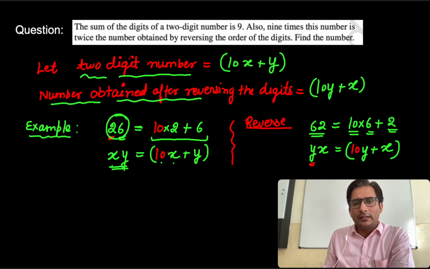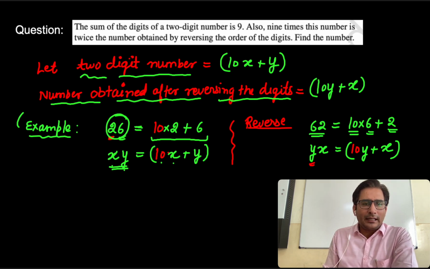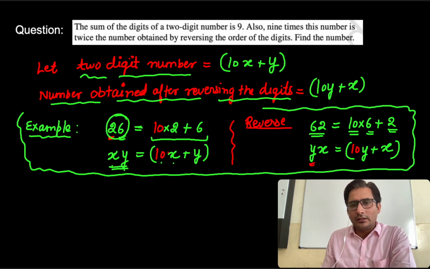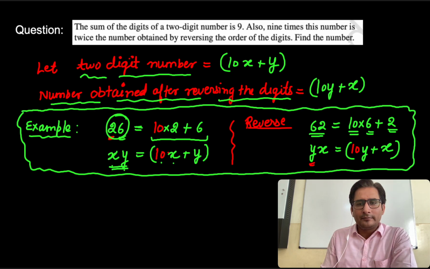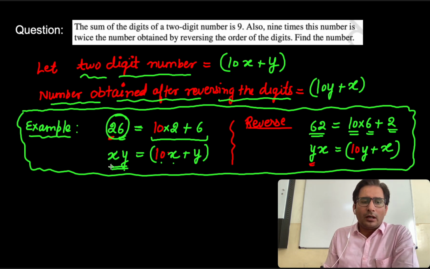This is a very important question. In this question we need to let the 2-digit number like this, in this way. Then it is easy to solve. So this is the explanation part. You do not need to write this when you are solving the question, you do not need to write this in your solution. This is for your explanation. Now let us move according to the question.